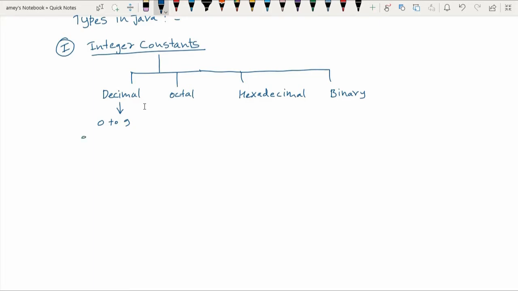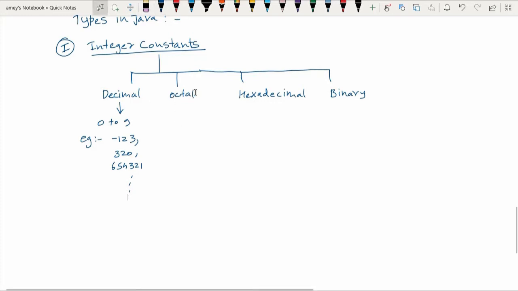Examples of a decimal integer constant are minus 123, 320, 65, 4321 and so on. Remember that spaces, commas or non-digit characters are not allowed in decimal integers.